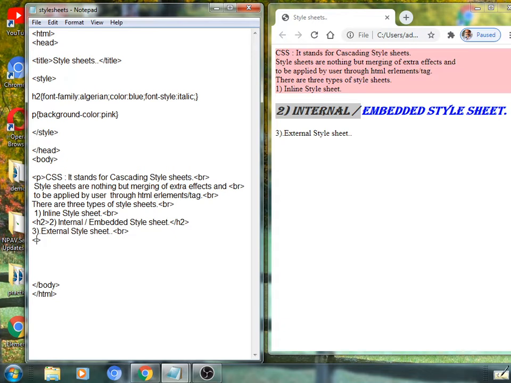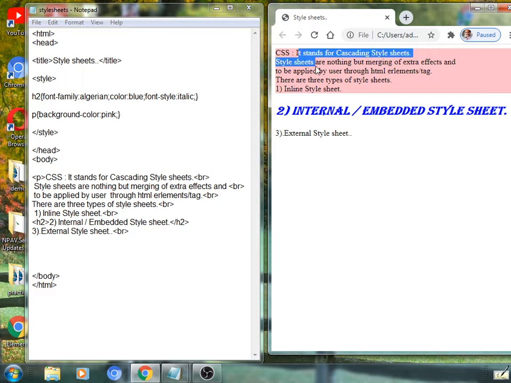Okay, see here, within such a p selector we are going to apply again other elements, other properties with their respective values, like this. See here, font style, font size will be given, font color will be given, no doubt. So where we are applying such effects, we check like this. Here we have given blue color for this text. For this text we can also apply some color, it is possible again.